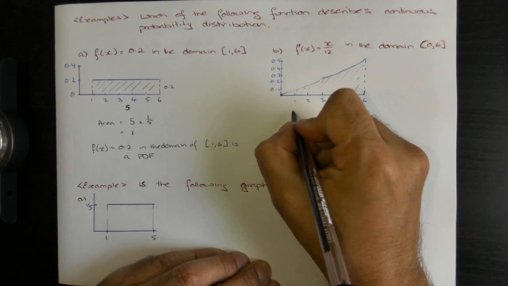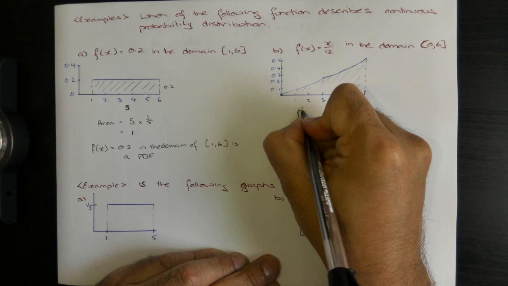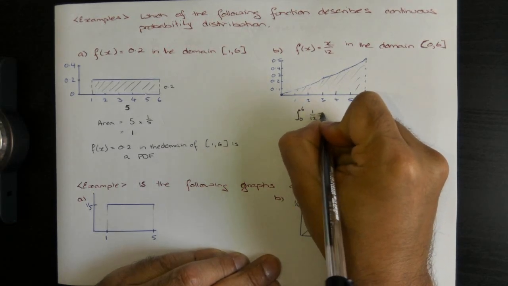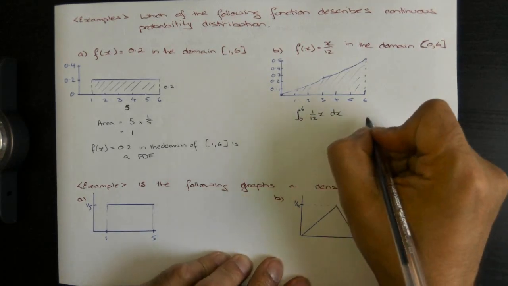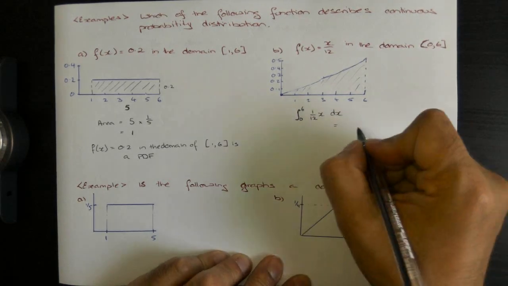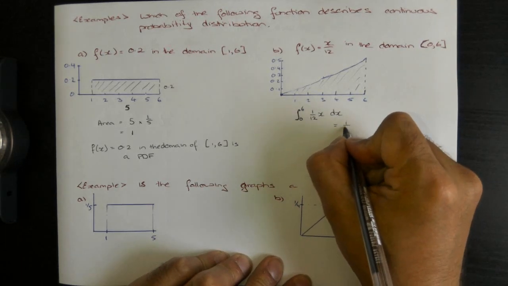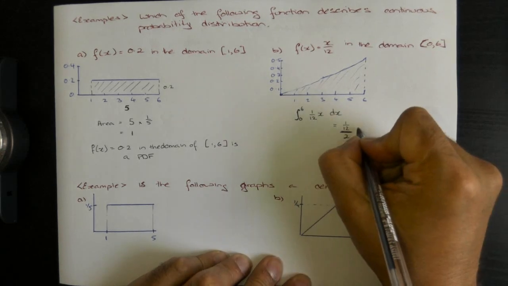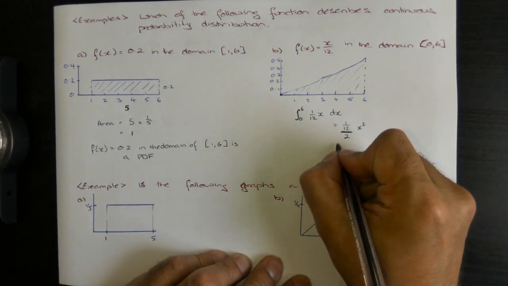We could integrate from 0 to 6 of 1/12 of x dx. Let's calculate. To integrate, we raise the power, so 1 over 12 divided by 2 is going to give us 1 over 24